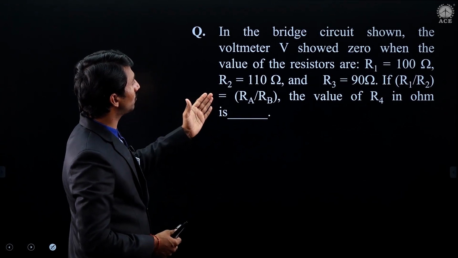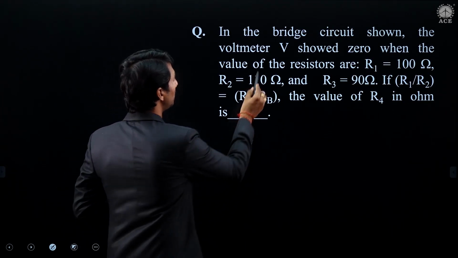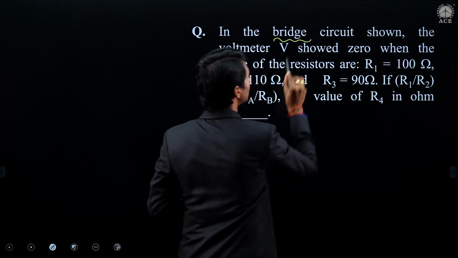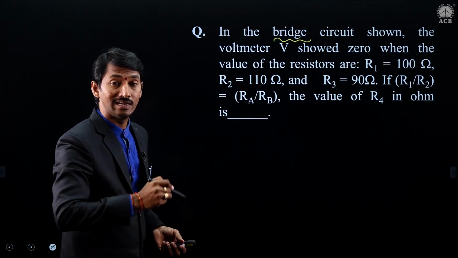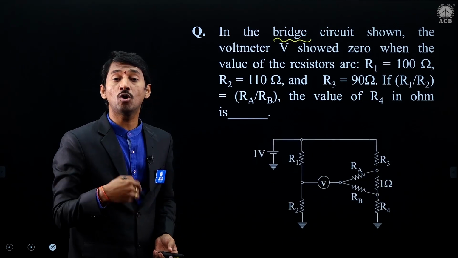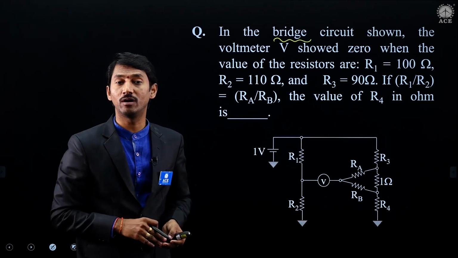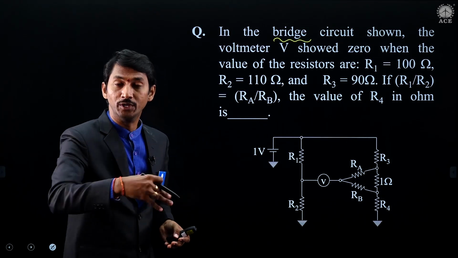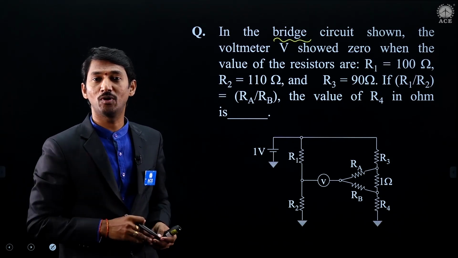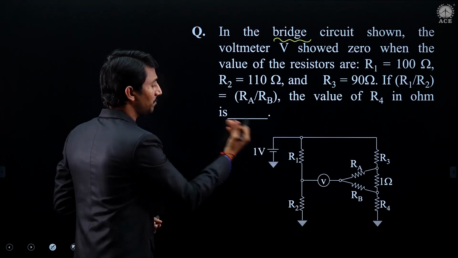This is a question from measurements, from bridge circuits. Some bridge circuit related question is given. But be clear, the given figure may not be in the shape of a bridge as it is. Some twisting or modified form may be there. You need to modify that according to the corresponding topic. This is the given figure.